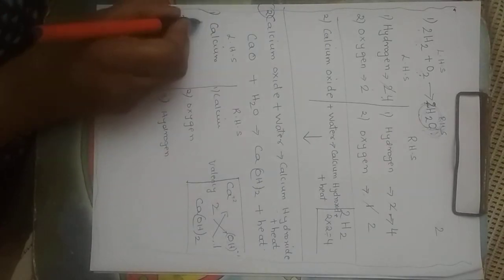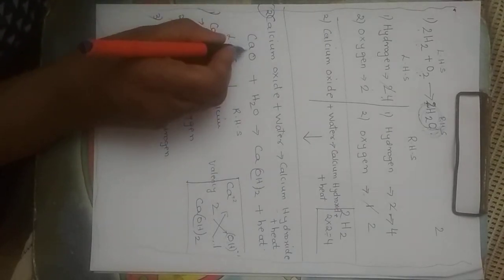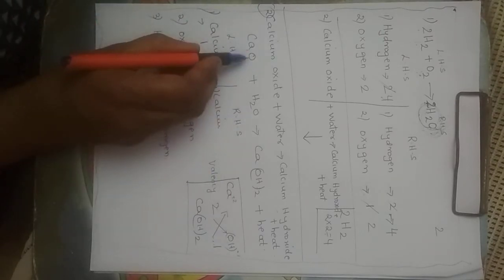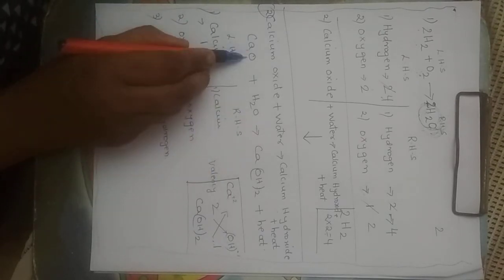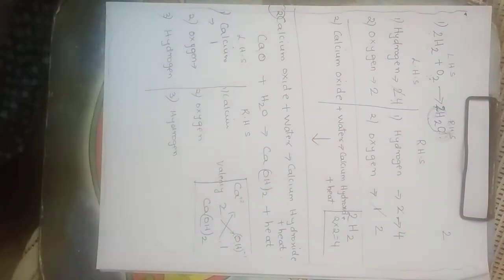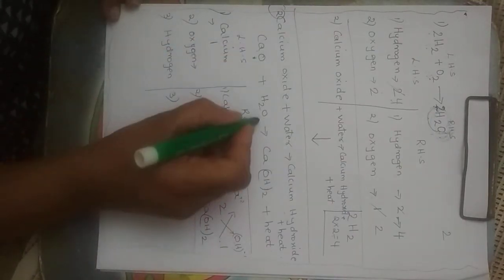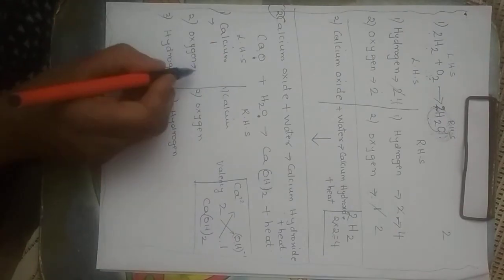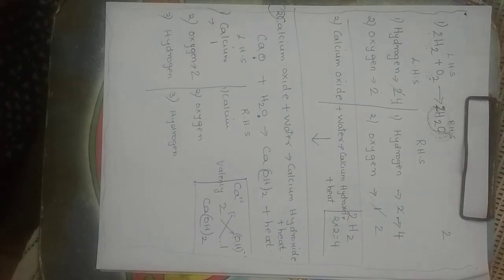Now, let us see how many calcium there are. See how to come to know: 1. Now see how many oxygen there are. Count. See, there are 2 oxygen. Look here, here also oxygen. Here also oxygen. Please focus. See, here also oxygen is there. So now how many oxygen atoms? 2 oxygen atoms.